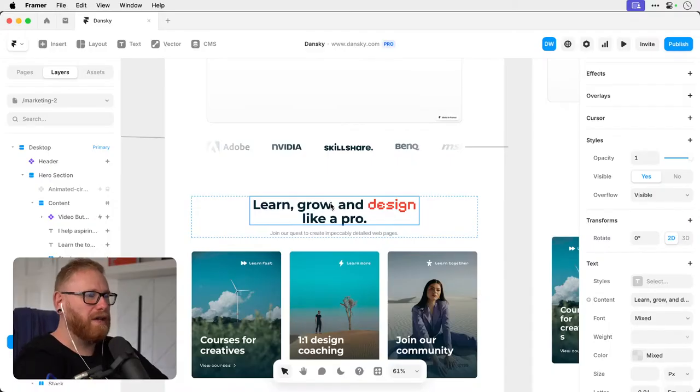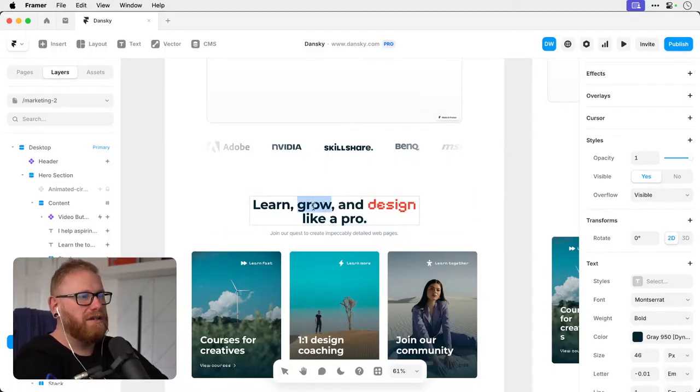Even just a really quick example, just changing one word here. In Webflow, I'd have to go and click a span thing and then create a separate class and blah, blah, blah. All this stuff that is fine, but I don't know or care about any of that. I just want to change the damn font. I'm not a techie person. And all you do here is just select the text.